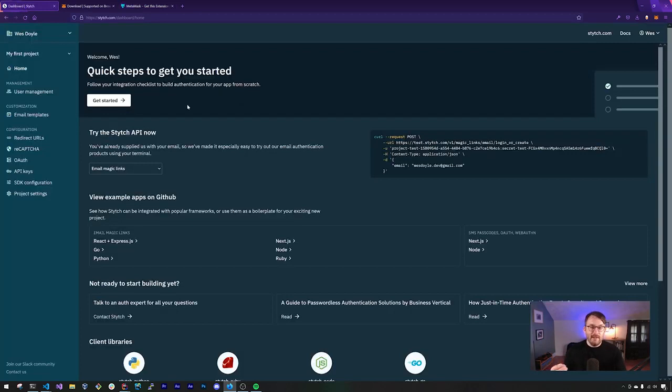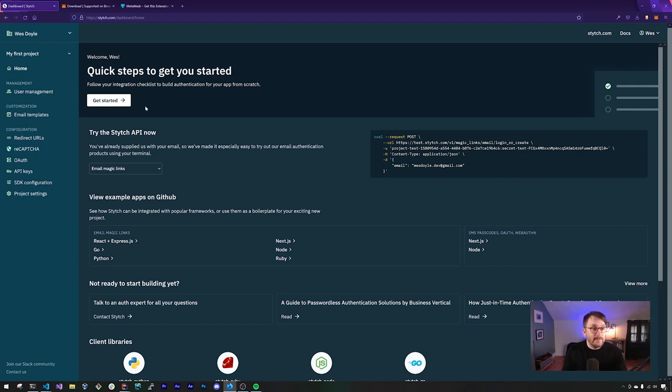Now, if you saw the previous video I did where we built a magic link integration using Stytch with our Mindful Gifts gift shop application, we're going to be using the same application again here, except we're going to be swapping out the authentication method, in this case to use crypto wallets with Stytch instead of the Magic Link integration. And we'll see that it is just as easy, if not easier actually, to get set up with a crypto